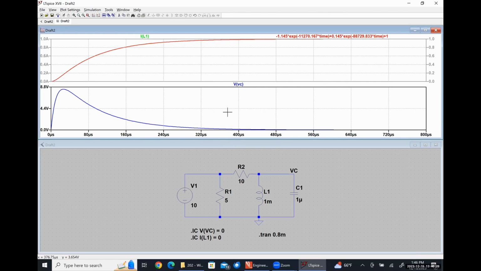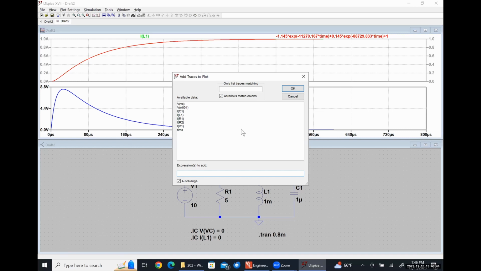Now let's put in our voltage just for the sake of argument. Although if we got the current right, it's practically impossible for us to have gotten the voltage wrong. So that's going to look like, was it positive 12.910? So add a trace. 12.910 multiplied by the exponential of negative 11,270.166 times time